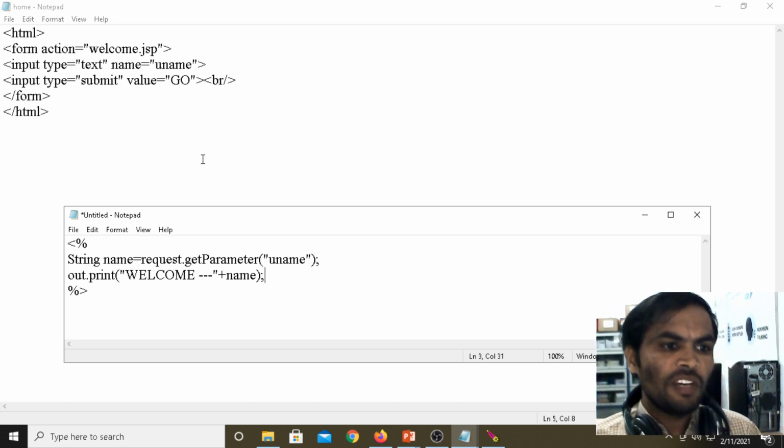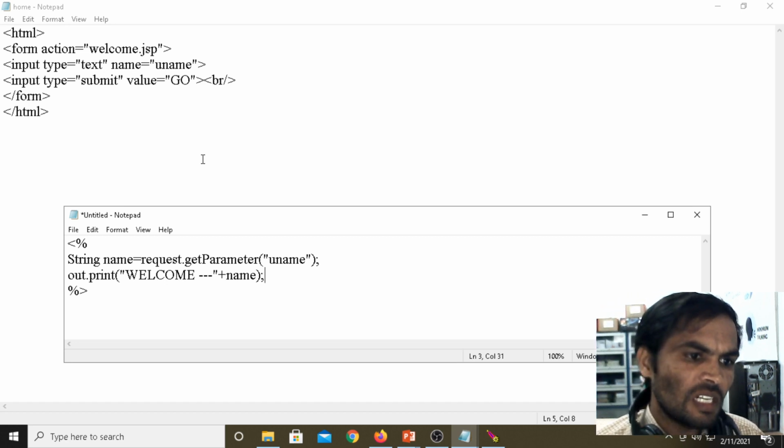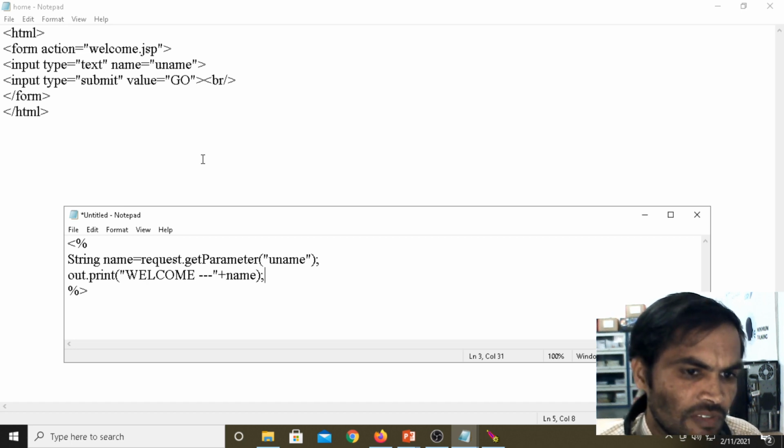Now in this program we are using two objects, the request object and the out object. Request.getParameter, the initialization parameter, is under the request object.